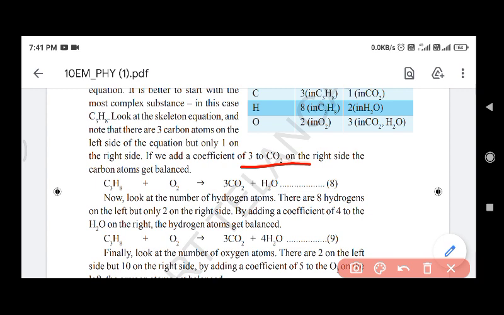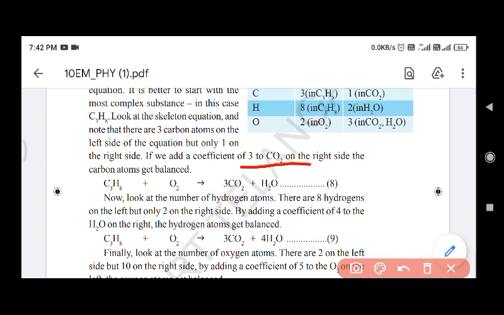Again, after making every change in the chemical equation, we have to go through the atoms of each element on both sides. Okay, now we placed 3 before CO2. So carbon atoms were balanced, but hydrogen atoms and oxygen atoms become disturbed. Now if you go through hydrogen atoms, on the left side we have 8 and on the right side we have only 2 hydrogen atoms. So what change are we going to make to balance the hydrogen atoms on both sides of the given chemical equation?